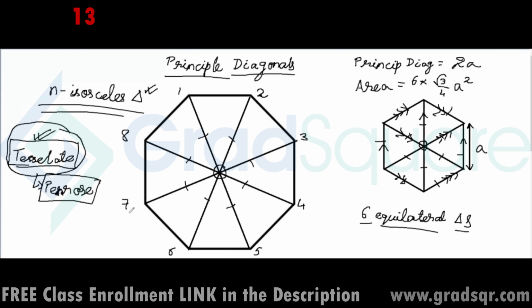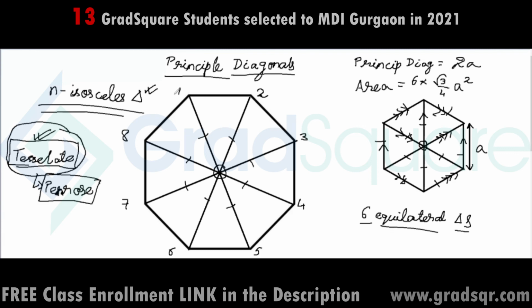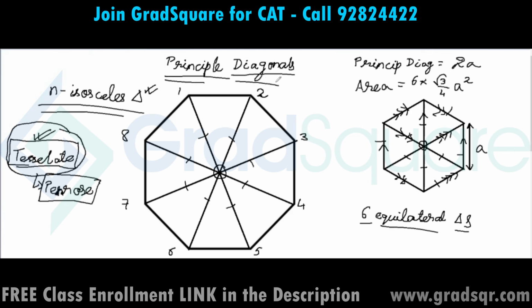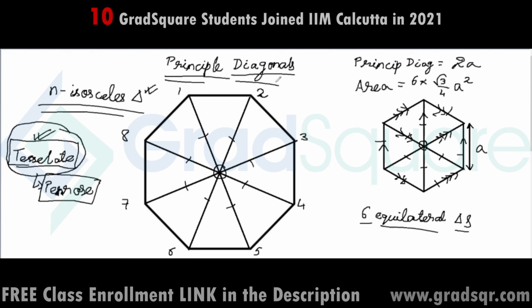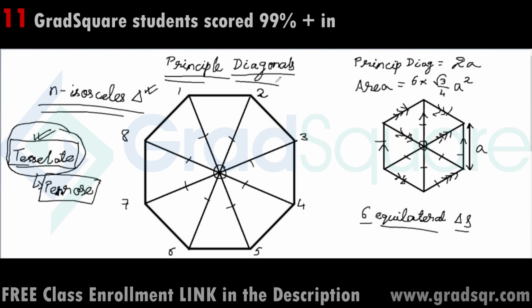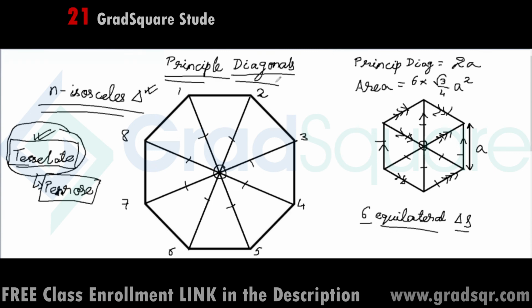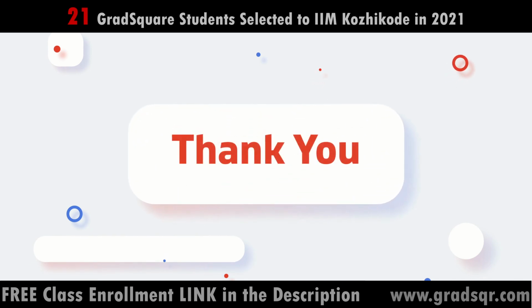Right. Okay, so with that, I'm going to conclude the session. These 2 sessions and these 2 videos are basically to familiarize you with basic concepts, properties and theorems, whatever you want to call them, to make notes for geometry. Anything more than this is just going to be surplus information as far as CAT as a paper is concerned. If any other concept beyond this is actually required to solve a CAT question, then that question is extremely difficult and you need not solve it during the paper. But these are the basics of the 4 shapes that are part of our syllabus, which we have to remember if we want to give a fair shot at solving geometry-based questions.